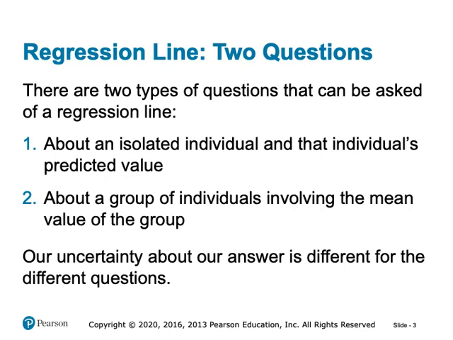Predicting an outcome for an individual tends to involve more uncertainty because individuals can vary widely from the average. On the other hand, when we estimate the mean value for a group, our prediction usually involves less uncertainty because we are averaging out those individual variations. In summary, the nature of the question, whether it's about an individual or a group, determines both the method we use and the level of uncertainty we should expect in our answer. As we move forward, we'll see how these concepts play out in more detailed examples.